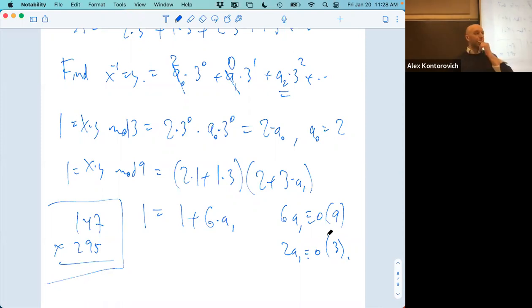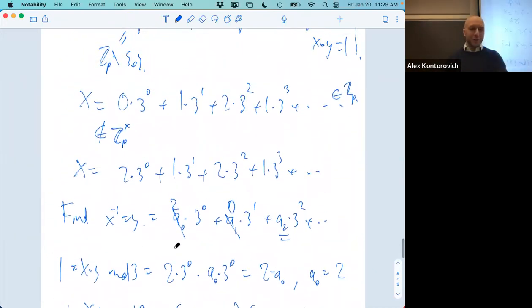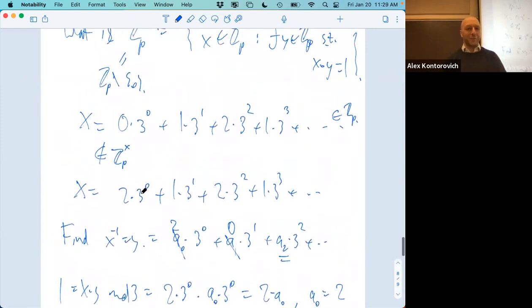And are these series bounded in one direction? They're stopped in one direction, so we have a nice setup like this. It's not like they're going off in two different directions. Yes, this multiplication would work just as well if you were trying to invert something with stuff to the left, but you would need other stuff to the left, or there'd be a bunch of zeros to be able to multiply, to be able to invert that number.